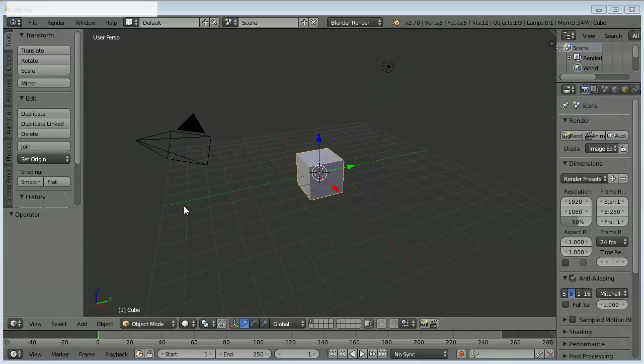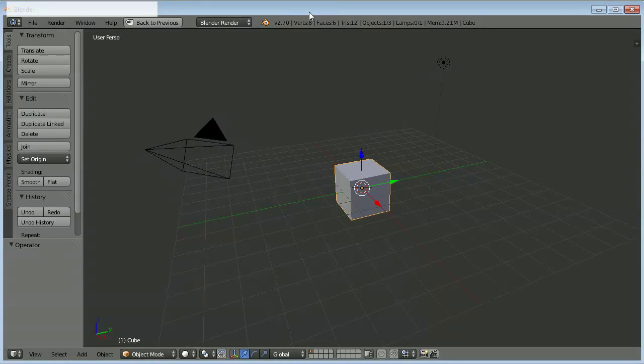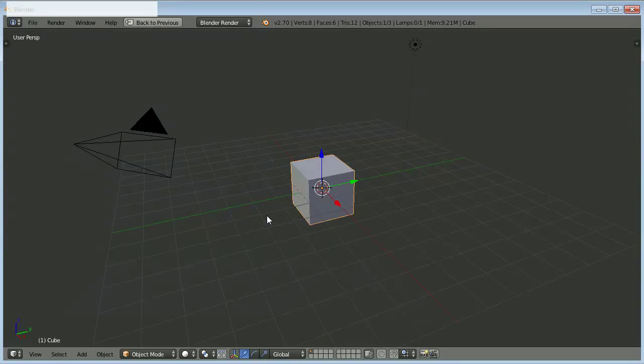The first thing I want to do is maximize my 3D view by pressing Shift Space, which is going to get rid of the timeline, the outliner, and the properties panel here. Try that one more time. So what had happened there was I had clicked on another window on my desktop, and because that had focus, when I pressed Shift Space, it wasn't having an effect in Blender. So you have to actually have Blender clicked on and your mouse in the view you want maximized in order for that to work. I'm also going to press T to get rid of the toolbar,